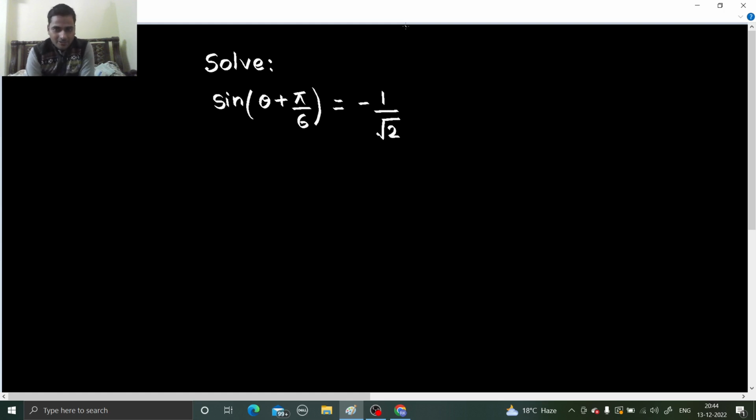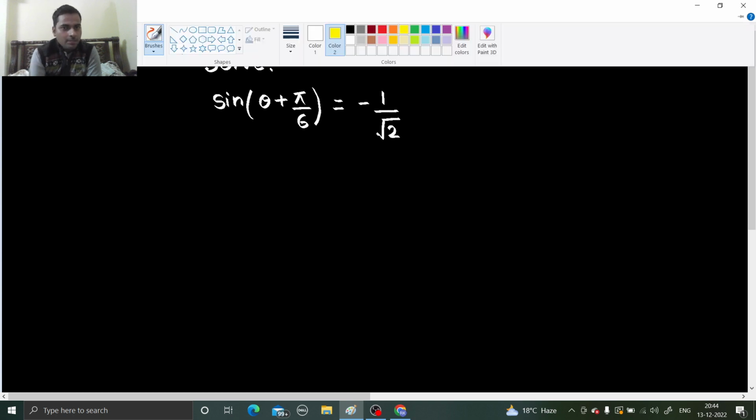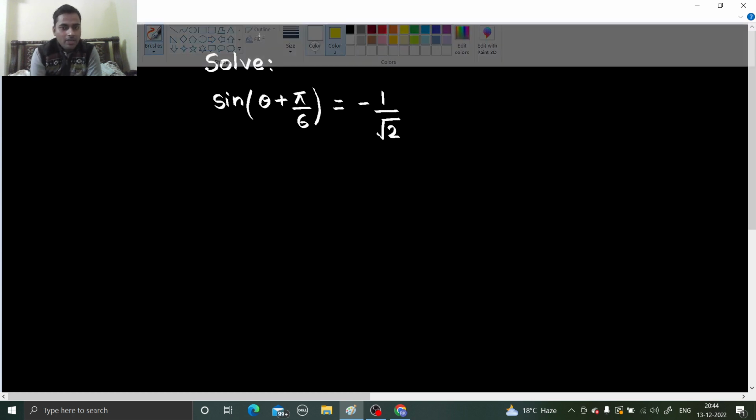So how can we solve this? A basic result is there which you have to learn. Although there is a derivation for this, eventually you need to remember that. And that result is whenever you get equations of this type. What is the type I am talking about? If you have got equations of the form